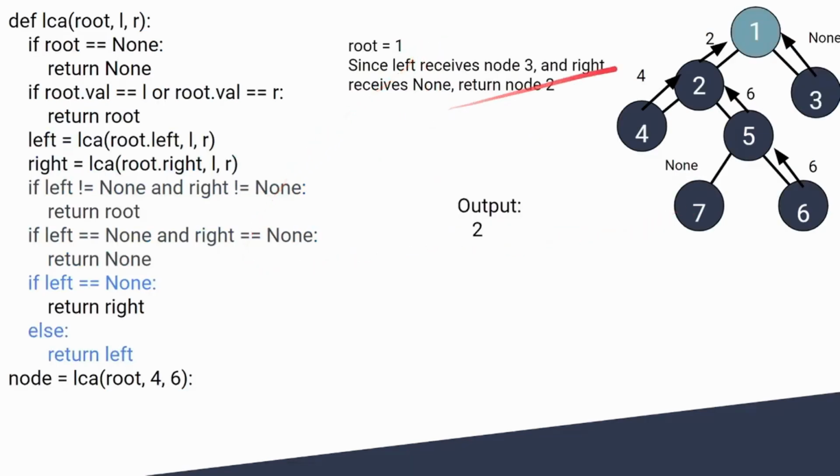And then since 1's right returns none and its left returns 2, the output